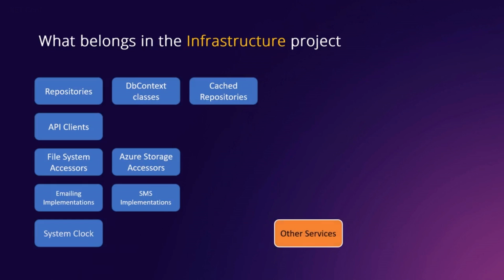All right, you may have other services in here as well with dependencies, and you may have certain interfaces that are needed for those services that have dependencies. So if you have a service that works with Azure, let's say, and it's using blob storage types or something like that, and it's passing around as an argument or as a return type a custom Azure type from an Azure SDK, the interface for that service should live inside of infrastructure, because if you put that interface in your core project, now your core project would have to have a reference to that Azure SDK in order to work. And we don't want to have that dependency in core. So we're going to keep those interfaces and their services inside infrastructure.